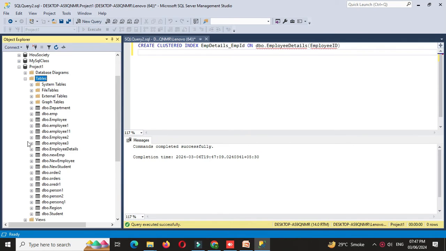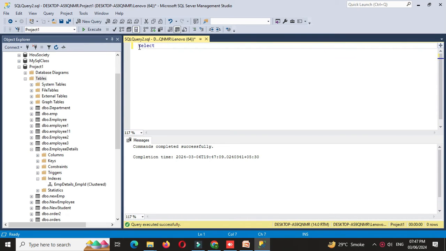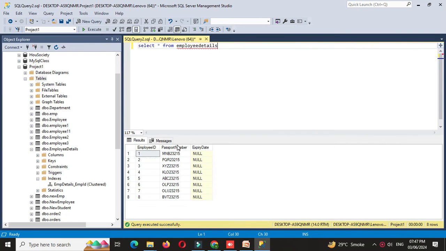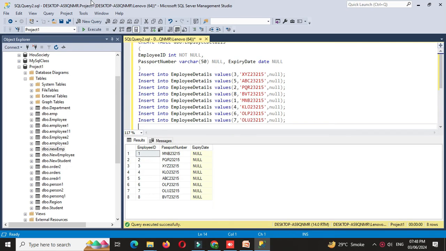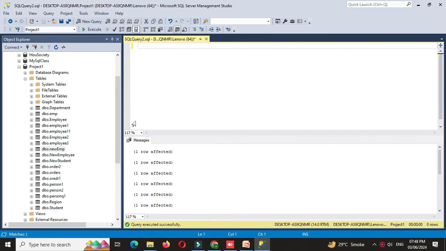To check it, we'll open table employee details and under indexes it will show the employee details employee ID clustered index. Now again we will see select star from employee details. It will display the data in sorted order on employee ID. Now we'll drop the table and we'll create the employee details table again and we'll add a clustered index using SQL